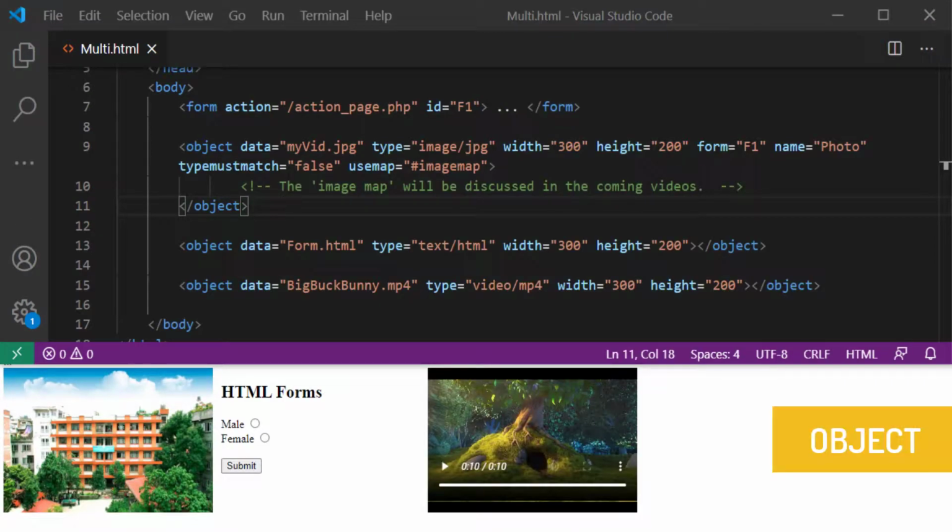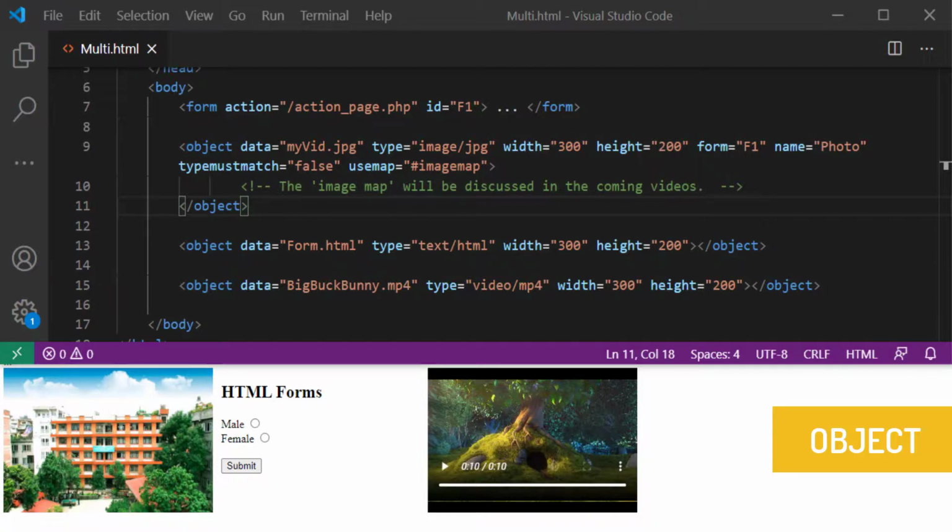Similar to the embed tag, the object tag also defines a container for an external resource. The external resource can be a web page, a picture, a media player, or a plugin application. The object tag uses various attributes to manage the content. Data attribute specifies the URL of the resource to be used by the object. Form attribute takes the form ID, specifying the form the object belongs to. Height takes the value in pixels defining the height of the object. Name specifies a name for the object.